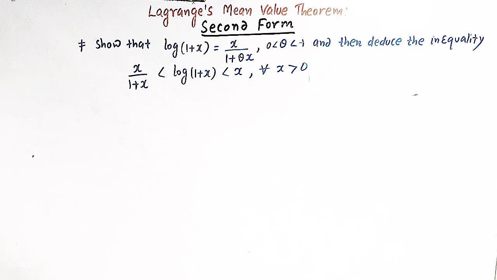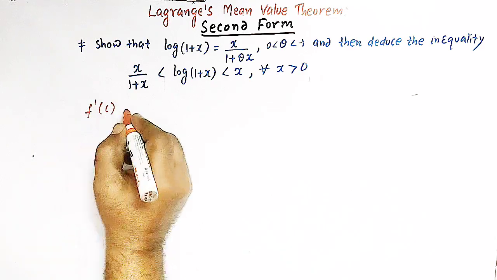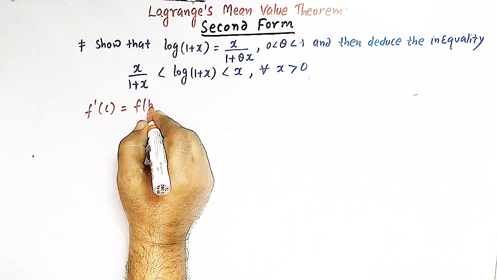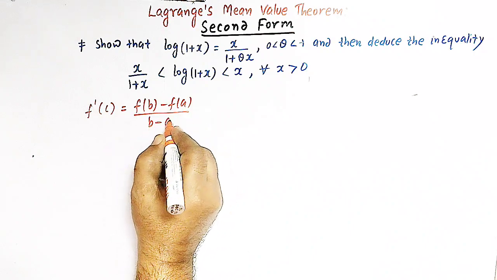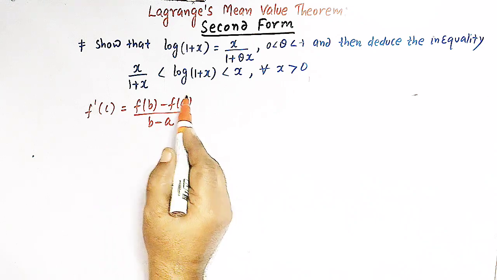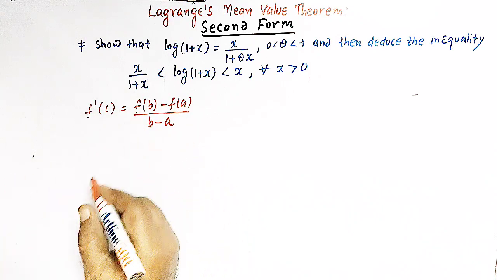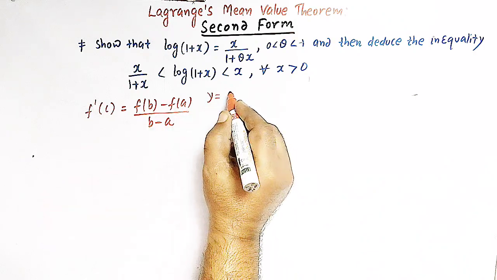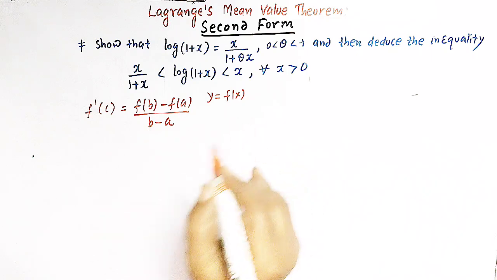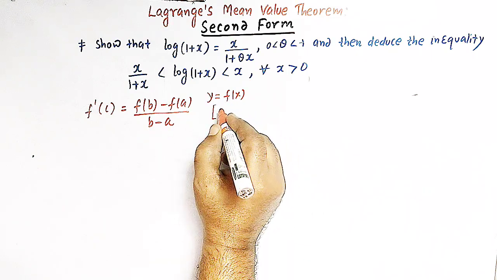Right? So the usual form of Lagrange's mean value theorem is f prime of c is given by f of b minus f of a divided by b minus a. Right? So this is the usual form of Lagrange's mean value theorem, which says that if we have a function, say y is equal to f of x, which is defined in some domain, and if we take an interval,